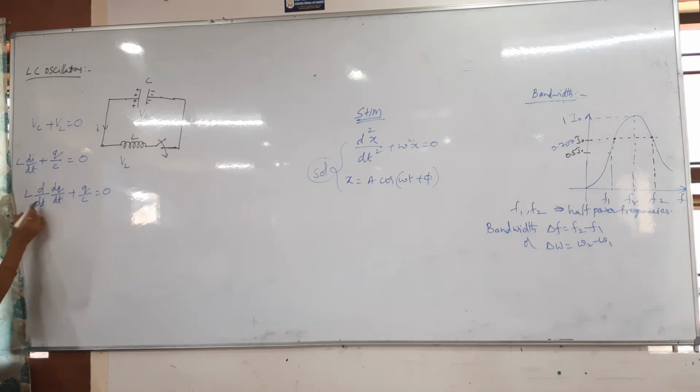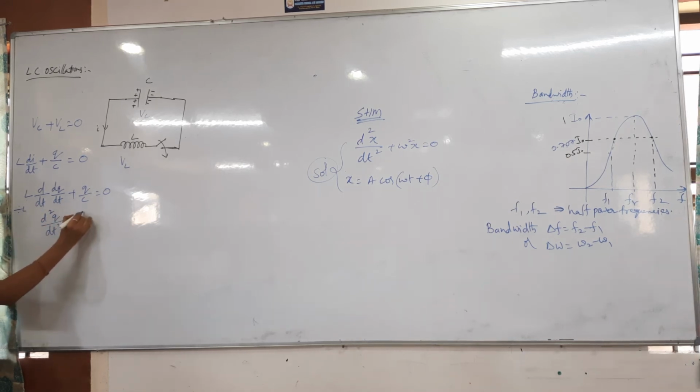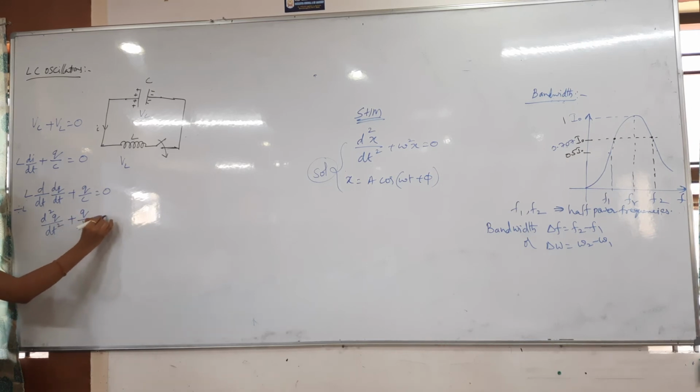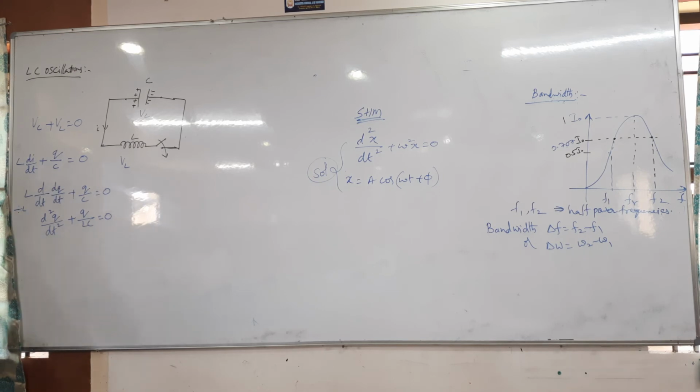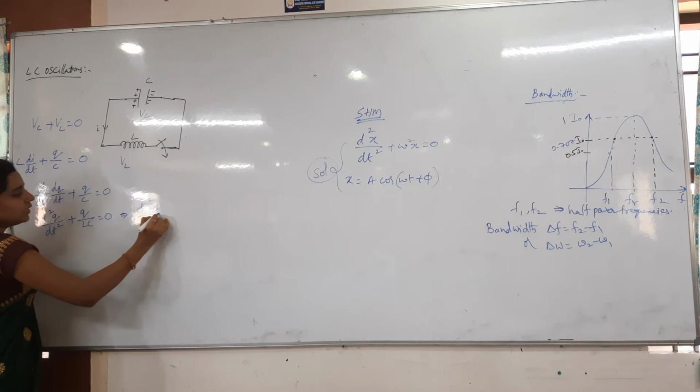Then I am just dividing everything with L here. Dividing everything with L, then what will we get here? d square q by dt square plus q by LC is equal to 0. Now whenever I compare that equation and this equation, I can write it as d square q by dt